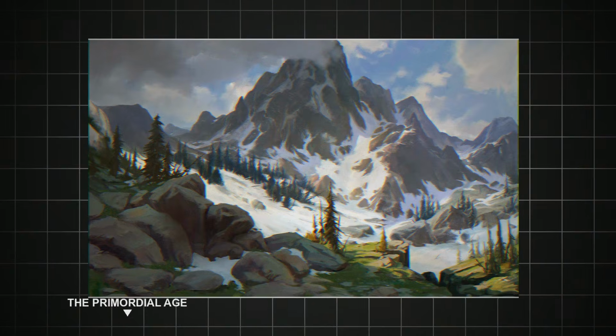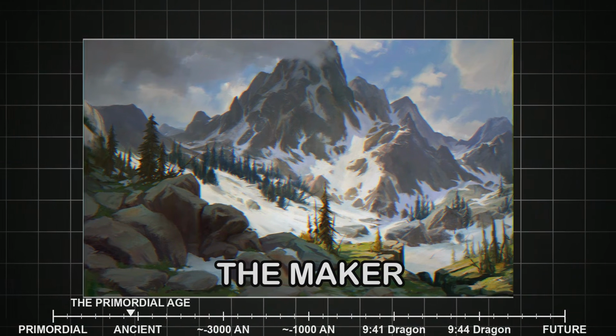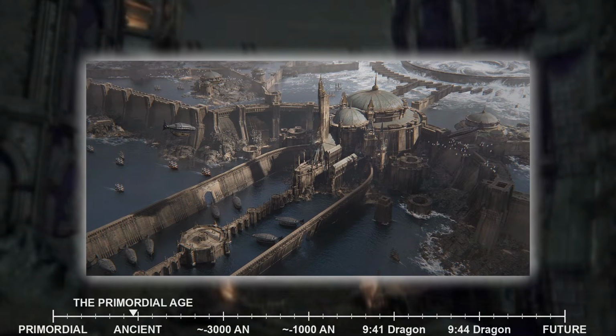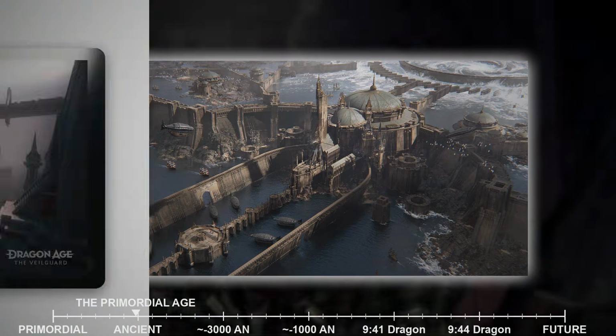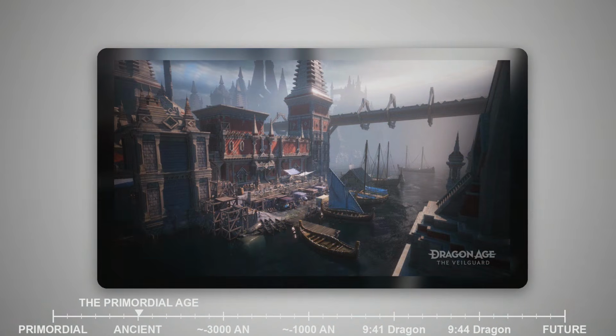The Maker raised up mountains from the churning mass, great peaks that would one day be named the Frostback Mountains, the Vimark Mountains, and the Hunterhorn Range. The Maker carved out basins that would become the Great Oceans, the Amaranthine Ocean to the east and the vast waters surrounding the continents. Landmasses were separated and defined, creating the continents and islands that would host countless civilizations over